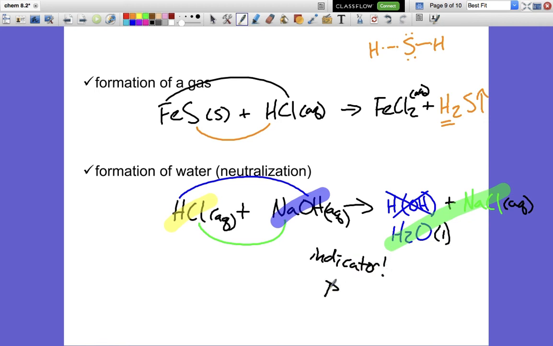So your indicator, all that does is help you determine what pH you have, right? Because as that pH changes, that's going to cause a change in color for your indicator. So you can tell that a reaction occurred because a separate reaction is happening with your indicator,